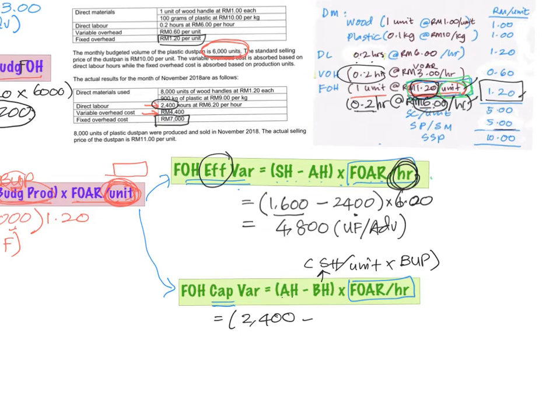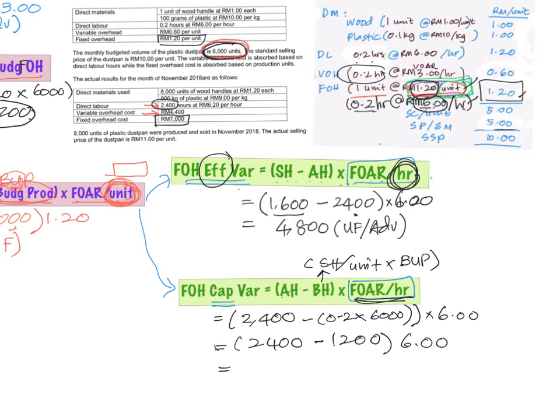We have standard hours per unit of 0.2 hours times the budgeted units produced, which is 6,000. Then you will get the amount of budgeted hours, and then times the fixed overhead rate per hour. So we have 6 ringgit again. When you solve for that, we have 2,400 minus 1,200, then times 6. Then we will get the answer of